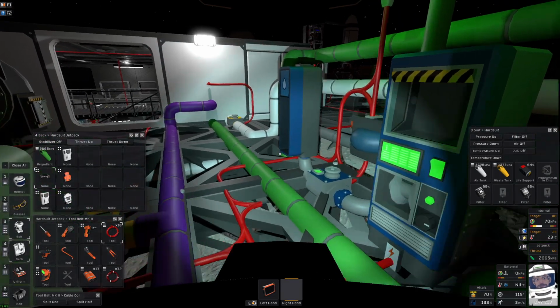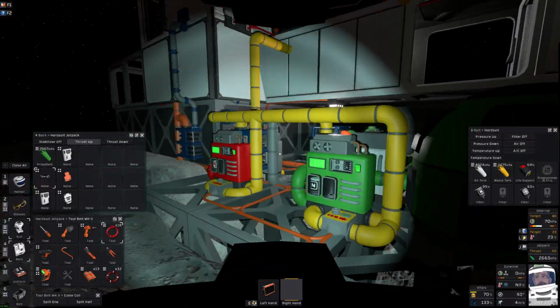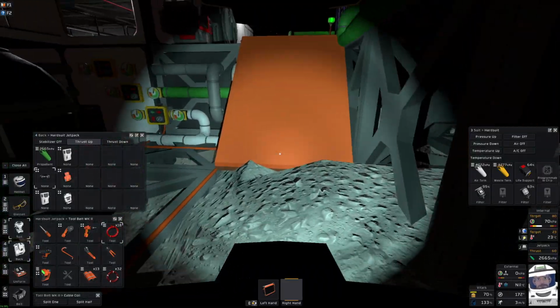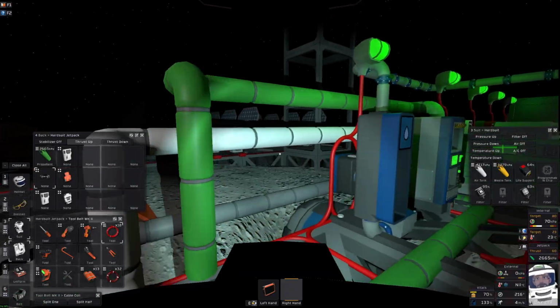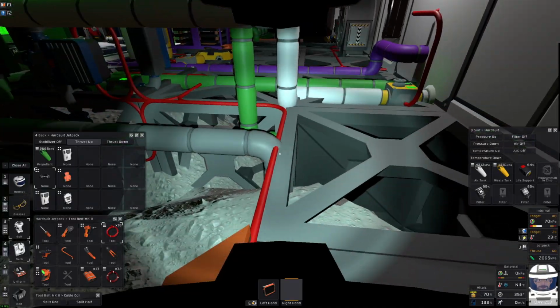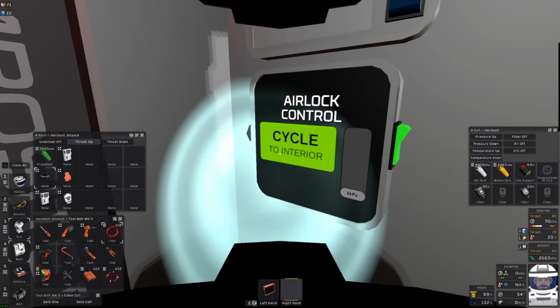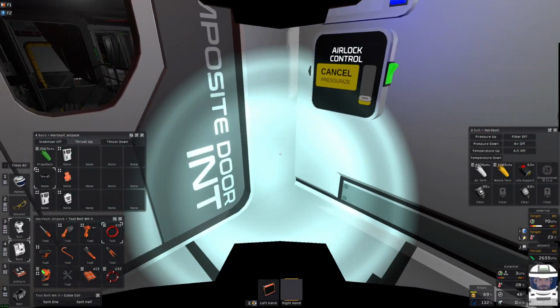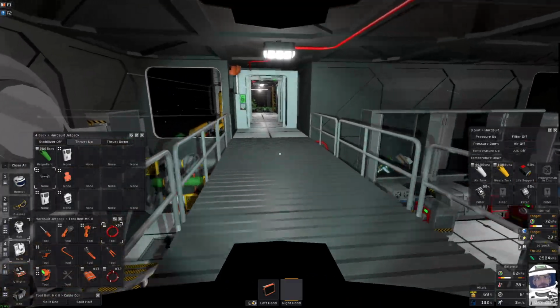I also have an atmospheric regulator system. So coming off of my gas storage, we have nitrogen, oxygen, and CO2. So if I go inside, we will see